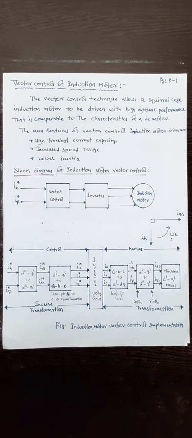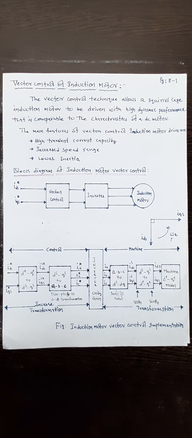Before going to this, let us initiate with the DC motor. A DC motor has two fluxes: one is the armature flux, another one is the field flux. Let us consider a separately excited motor. The armature flux and field flux are two independent parameters, therefore the direct axis as well as quadrature axis components are easily identified, and the evaluation is to be done for the machine model. The same can be applied in the case of induction motor.